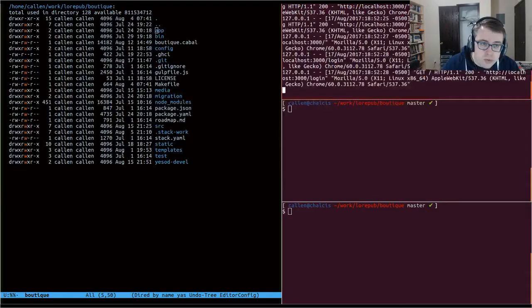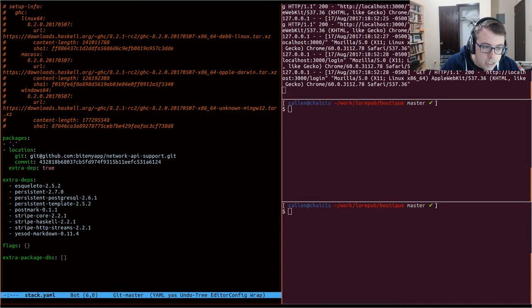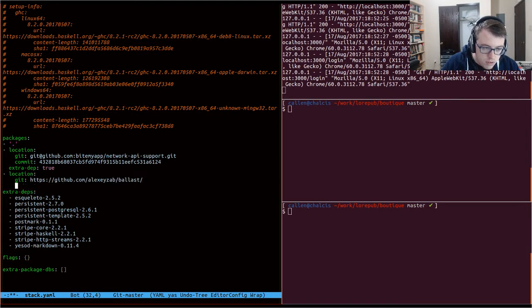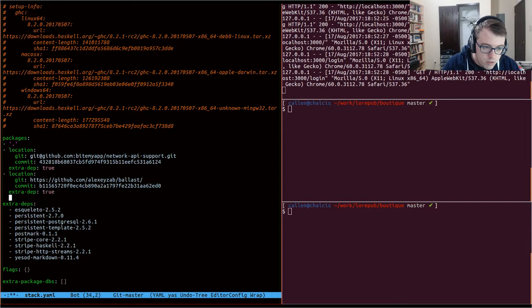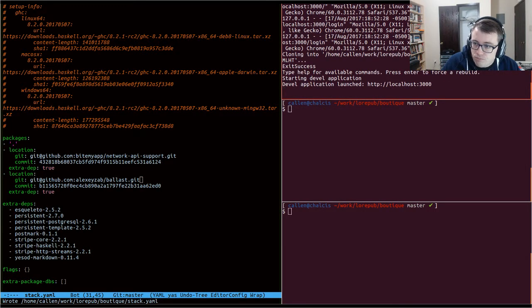So one thing I'm going to do is add this as an extra dep, and change that to get Zeppelin ballast.get, and it looks like, wow, alright, did the right thing, it looks like. Alright, so